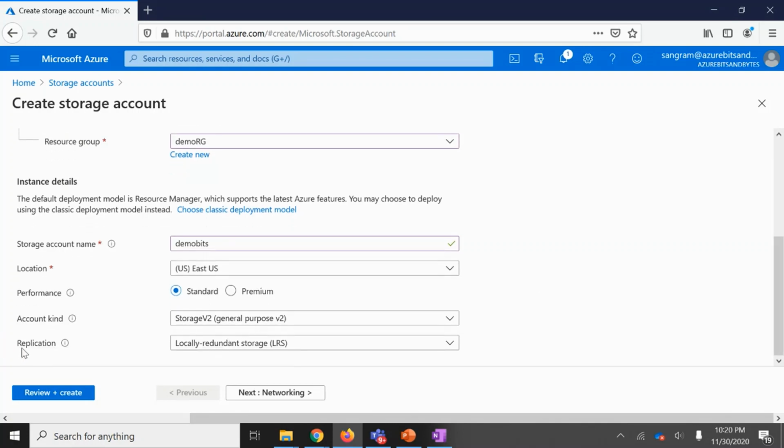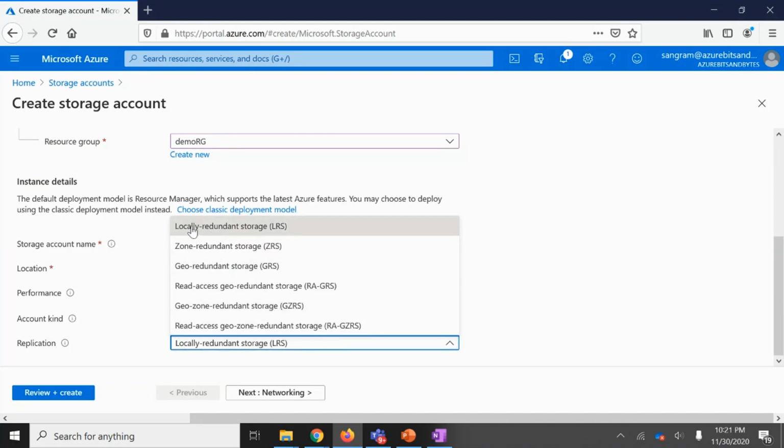Let me scroll down. Let's talk about replication. In a particular data center, you will have several zones. Every zone will have racks. To give you an analogy, let's consider a big campus. In a big campus, you have several buildings, and every building has floors. Corresponding to the campus, think of a data center. Corresponding to a building, think of a zone, and every floor is a rack inside a zone. Now we have several replication kinds.